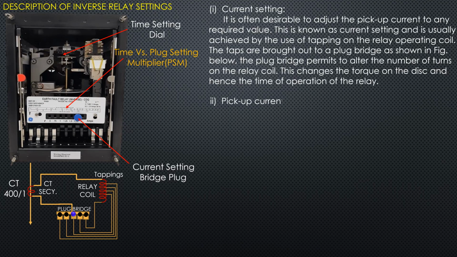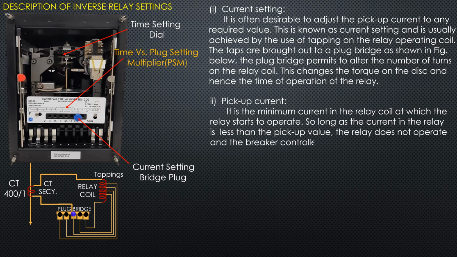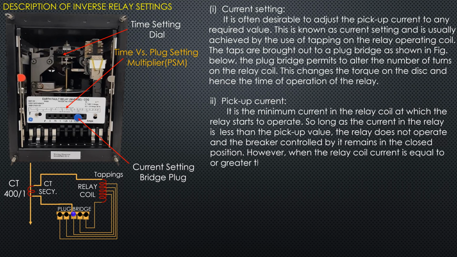Pickup current. It is the minimum current in the relay coil at which the relay starts to operate. So long as the current in the relay is less than the pickup value, the relay does not operate and the breaker controlled by it remains in the closed position. However, when the relay coil current is equal to or greater than the pickup value, the relay operates to issue a trip